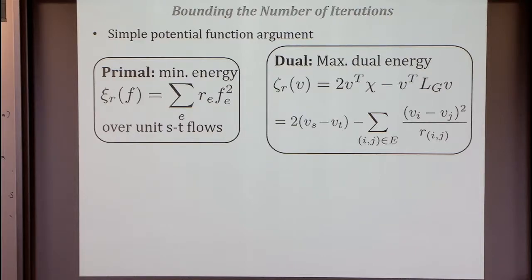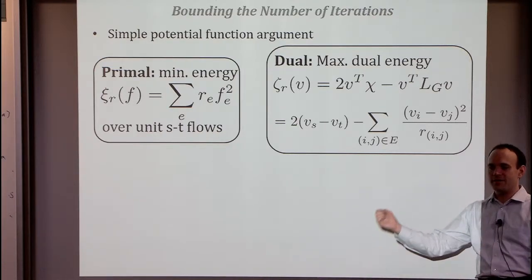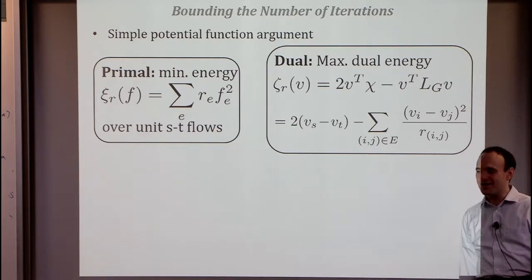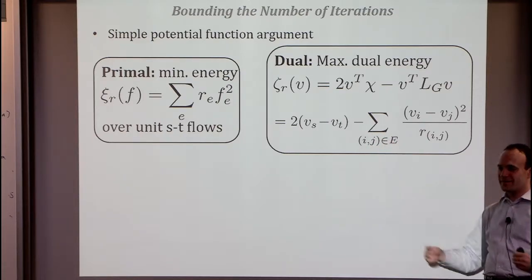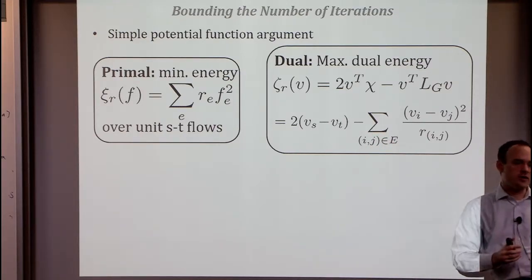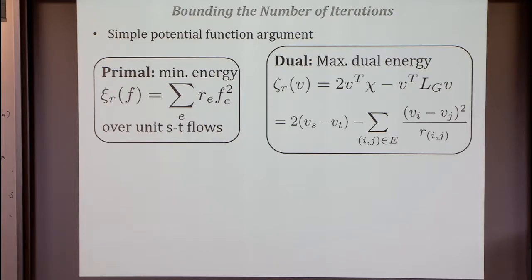And the dual is just the dual. It's a pretty simple dual, actually. And if you look at what it's doing, other than a kind of annoying scaling, here's the intuition for it. You can think of the energy of the electrical flow as the flow that minimizes energy, the sum of I squared R, the dissipated power, over all flows. When you fix sending 1 unit of current, alternatively, you could imagine that